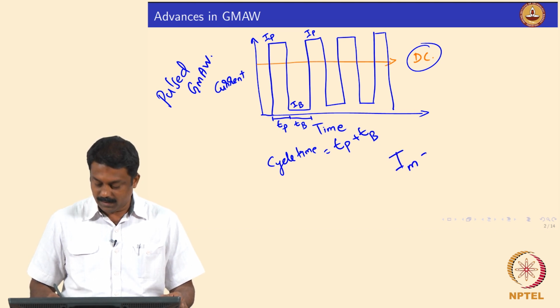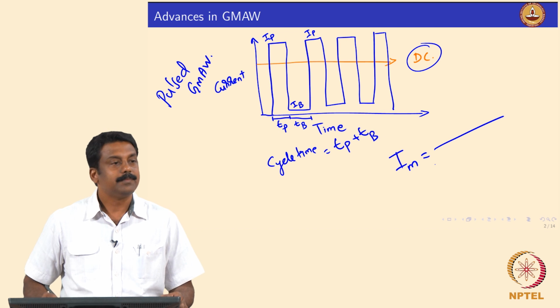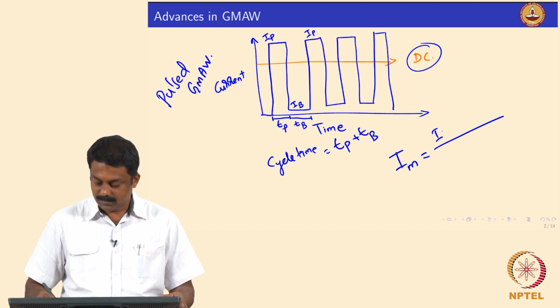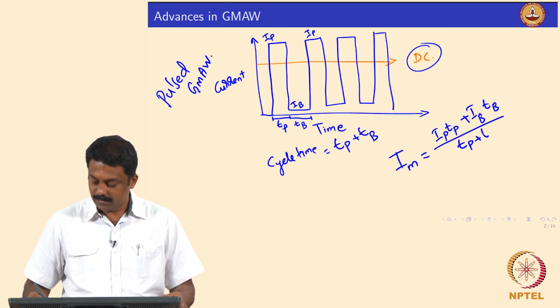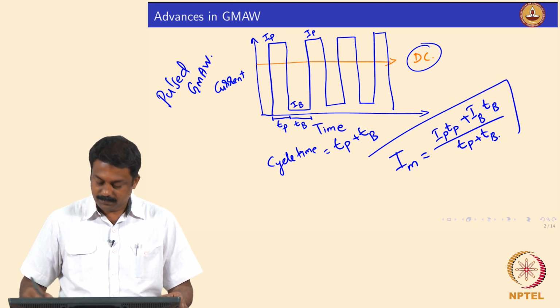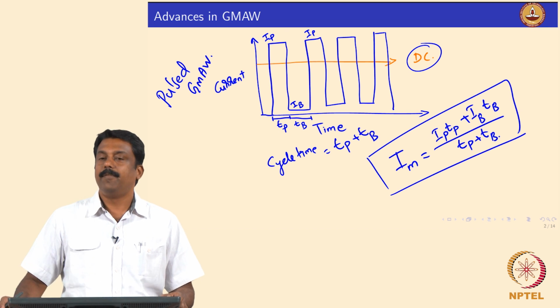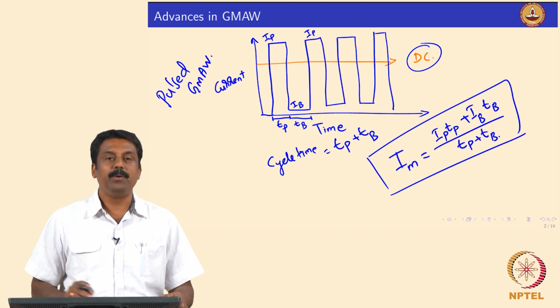It is IP times Tp plus IB times Tb, divided by Tp plus Tb, exactly. So, if you calculate the average, it will be much lower than what you use in the constant current